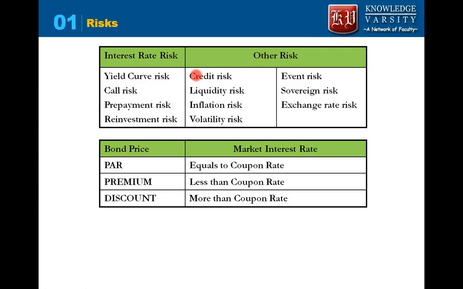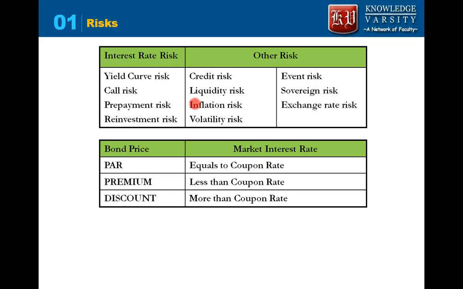Other risk, credit risk. Since most of the bonds are issued by corporations, there is a probability of default of those corporations. So there is a credit risk involved. Next is liquidity risk. Many of the bond issues are not actively traded in the market. There are bid-ask spread differences there. So as a result, you usually poll a group of traders to find out the price of the bond. So this is the liquidity risk. That is, you will not be able to sell those bonds very fast, so they cannot be converted into cash swiftly. That is the liquidity risk.